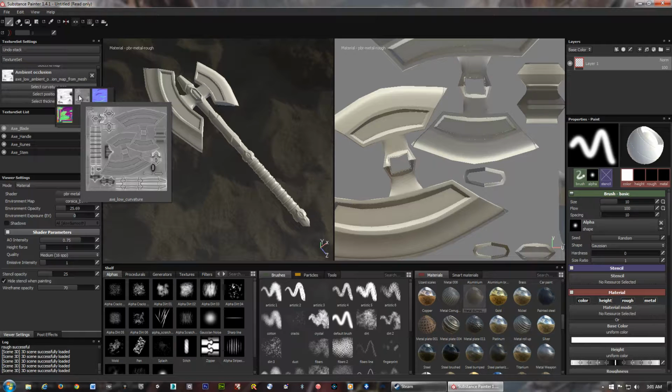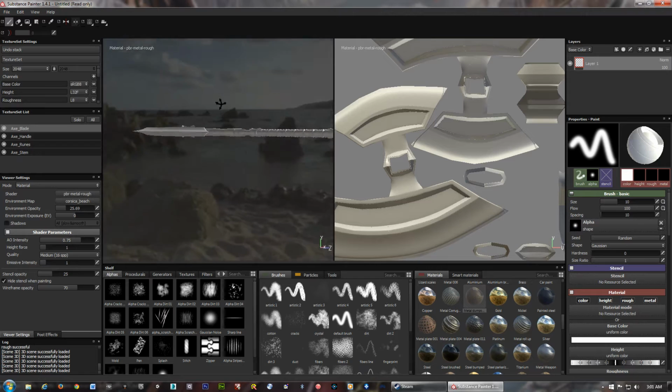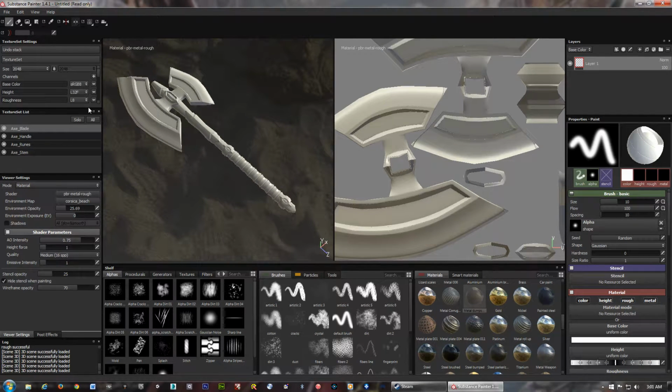In this case, Axe Low Curvature. So you know this is the curvature map. Okay, so now it's loaded up all of those maps to the geometry, so it looks a lot cooler now, higher poly with that effect. Okay, and what we're going to do now is go into the bread and butter, of course,